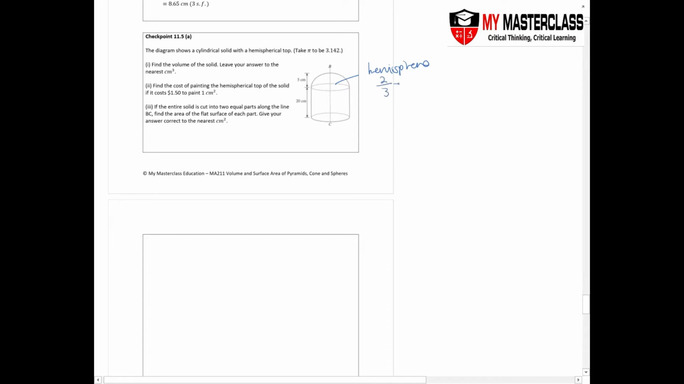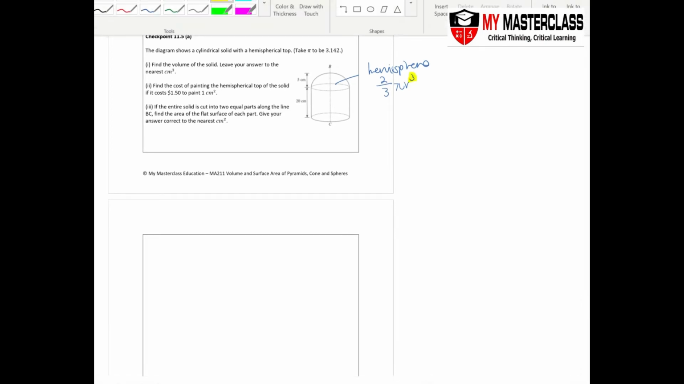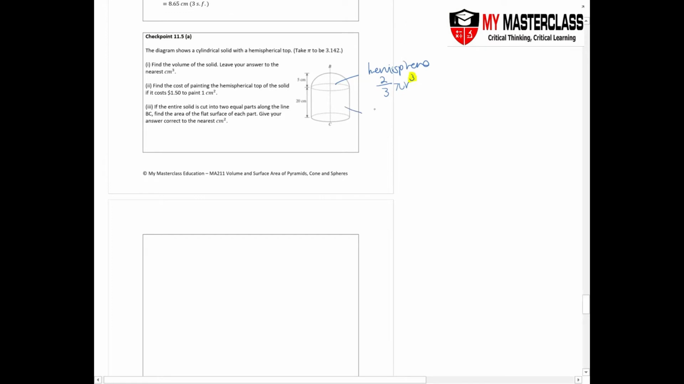2/3 pi r cube. A lot of students always give me square. I don't know why. Volume is always cube, so please remember for hemisphere you have r cube, not r square. And then you have a cylinder, which is in this case pi r square height. As straightforward as it is, let's just find the volume of the solid, which is 2/3